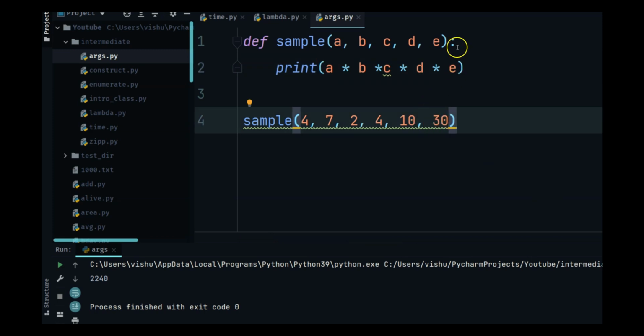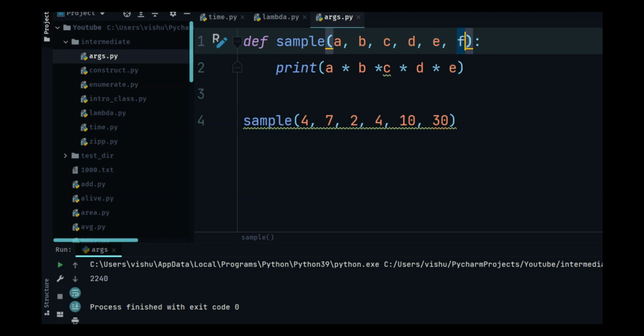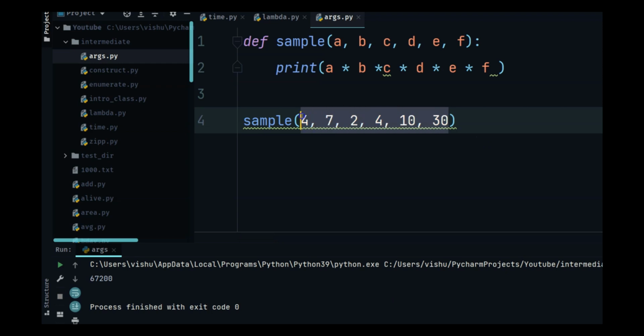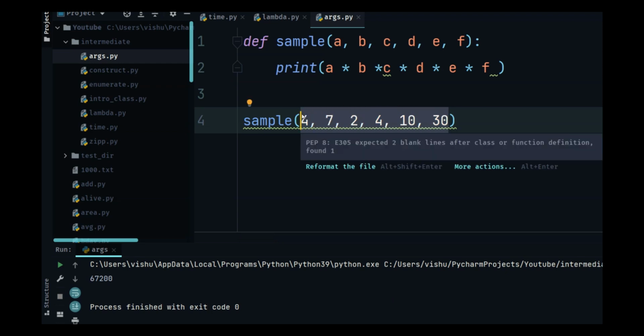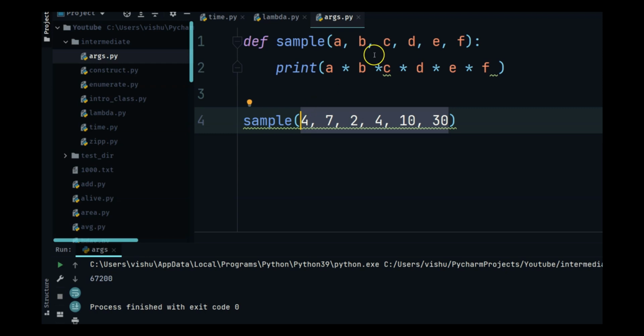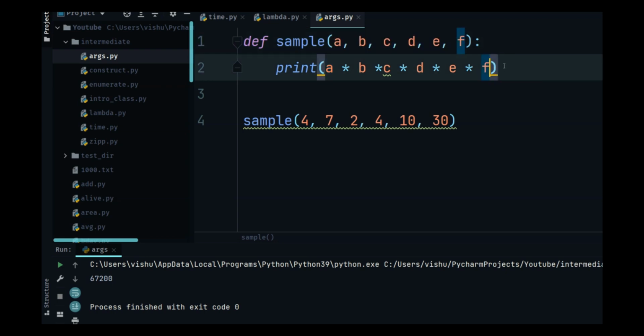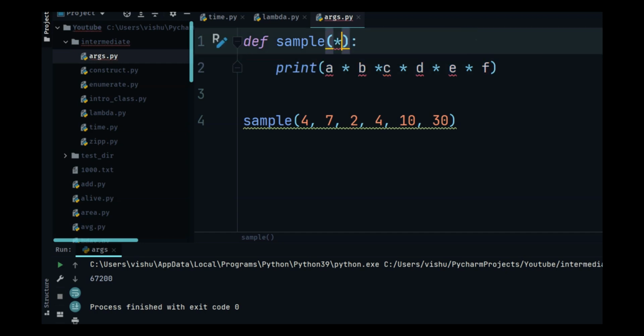So there's one more number that comes in. You have to go back and edit this, and you can see how tedious it is going to become if the user keeps doing this. It is going to work, but you are keeping track of how many arguments the user is passing, and you are modifying your program to take that many parameters and also modifying your code to multiply that many numbers, which is tedious. And this is where the star args comes into the picture.